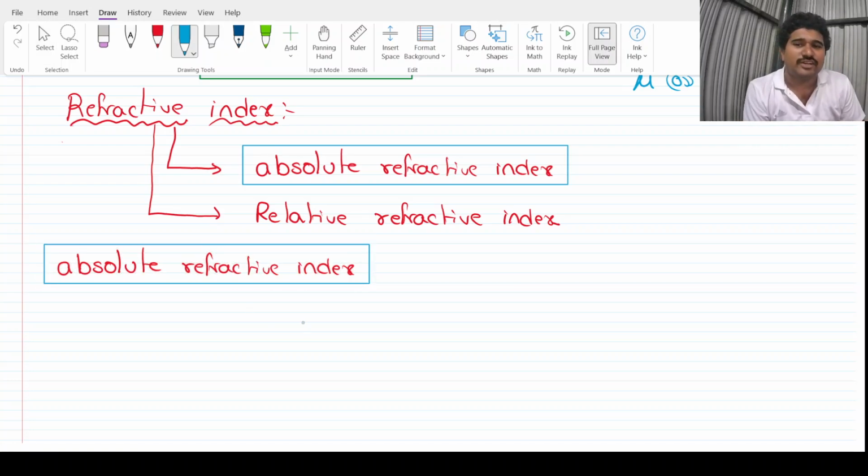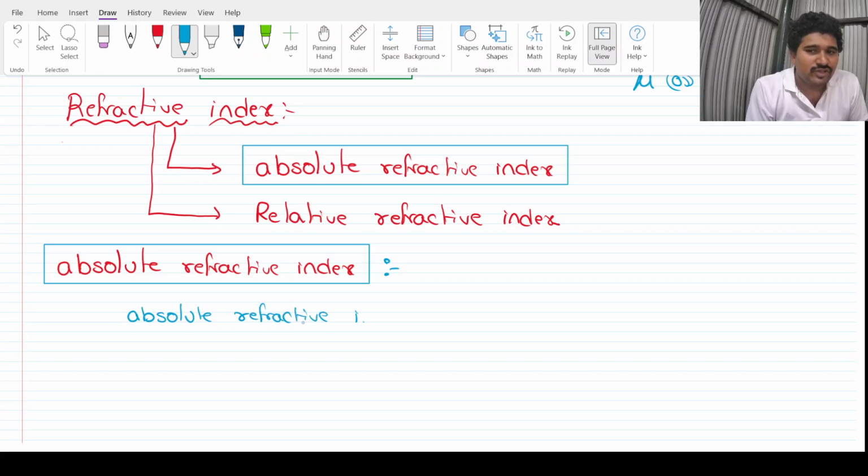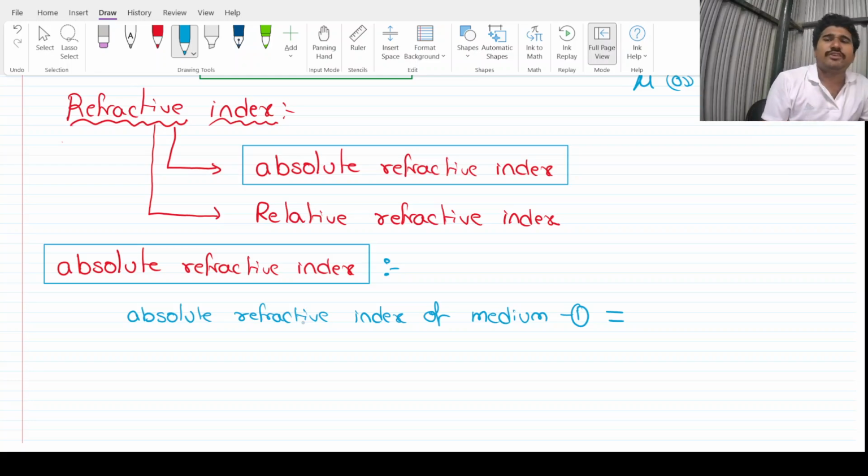We said that refractive index is always a comparison of the speed of light. Okay, let me choose one medium. I am writing like this: absolute refractive index of medium 1. What is the meaning of that? It is a ratio of, see here,